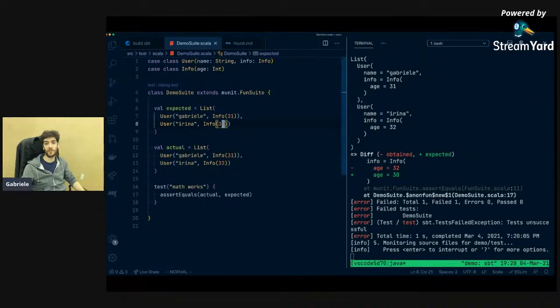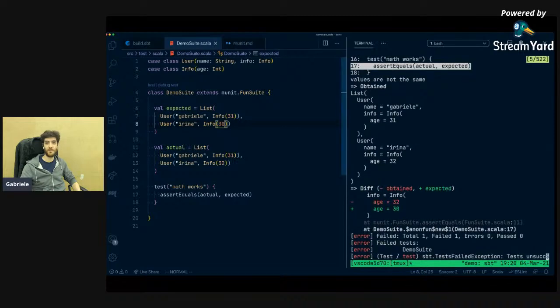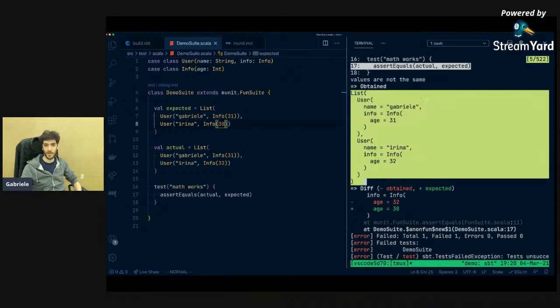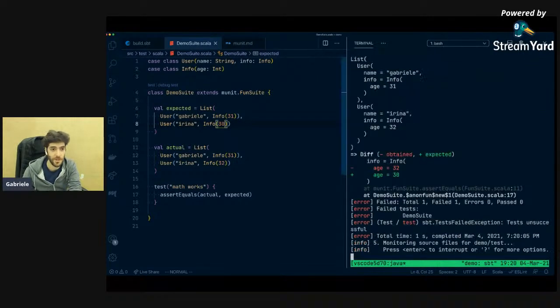You have the field, which is age, nested inside info, which is nicely formatted. Also notice that it prints out the name of the parameter, which isn't present here. And it also prints out here, in the obtained, the full thing, which you may decide to copy paste, for instance. So you can copy paste it here and fix the test,